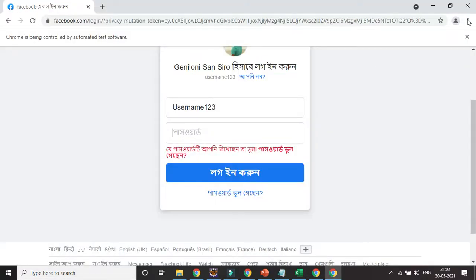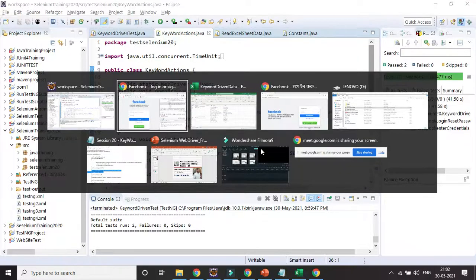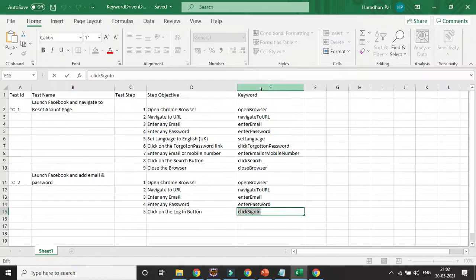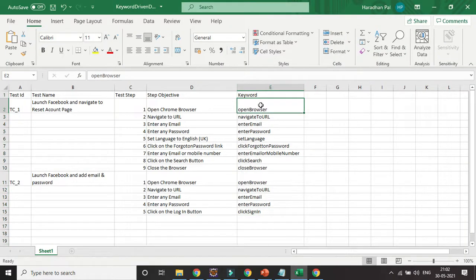But the main objective is that it will be driven by the keyword, where all the important methods you are writing will be there, and you can add all the test cases one by one. So it will be a systematic way. In case you need to change something, you will just change it here and update your script accordingly for each and every test case. So you can see it is very easy to maintain.